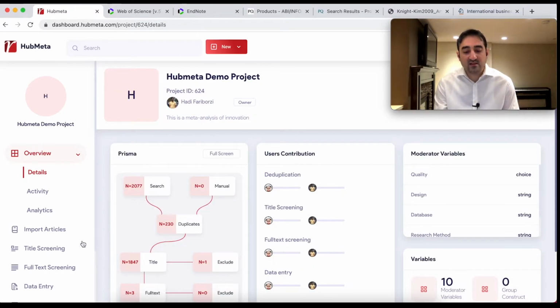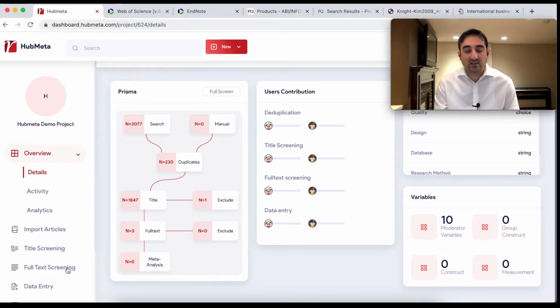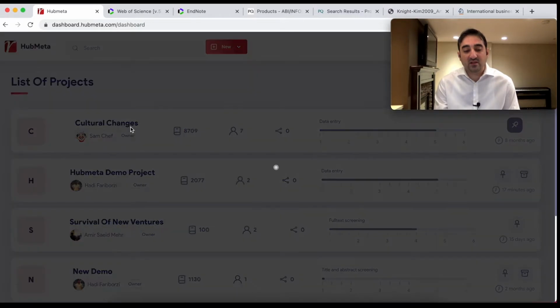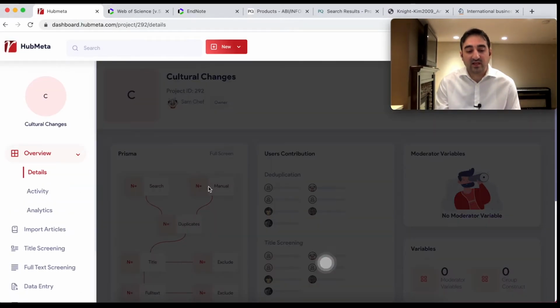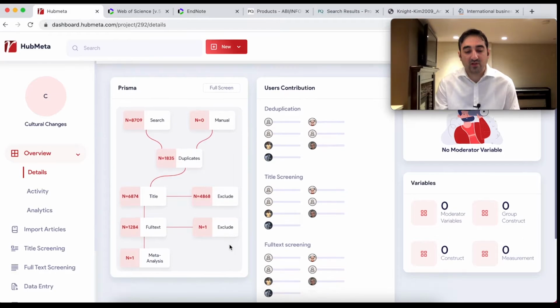So the next step in title screening is full text screening. If you look at our Prisma chart, you would see that if you remember, I accepted 3 of my papers for now. You would see that those 3 have been moved down the pipeline, so they are in full text screening stage right now. So again, if we go back and look at an actual project,